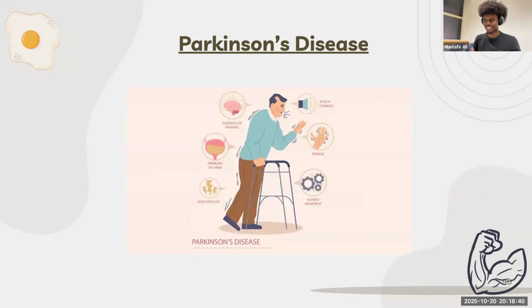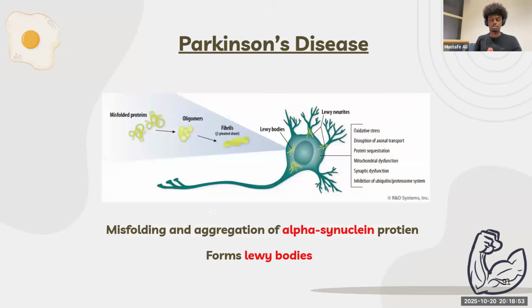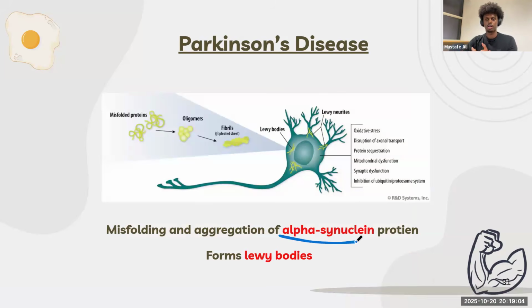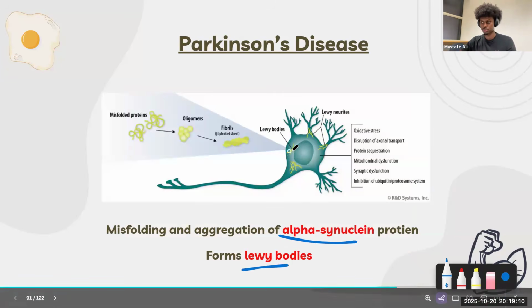Now, Parkinson's disease is another neurodegenerative disorder. They usually have a tremor. They usually have dizziness. They forget stuff too. And it's another heartbreaking disease. Now, what I want you guys to know about Parkinson's disease is that there is misfolding of a protein, and this protein is alpha synuclein. Okay? So the alpha synuclein becomes misfolded. They aggregate onto one another and they form these Lewy bodies, which are present inside of neurons.